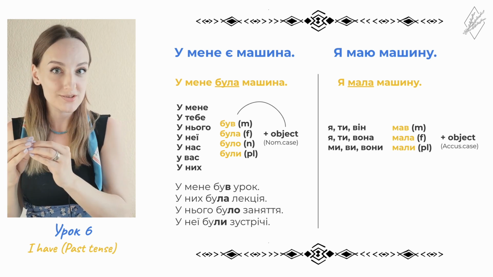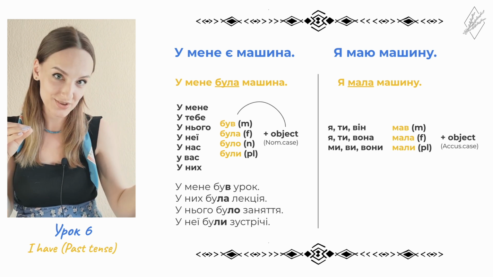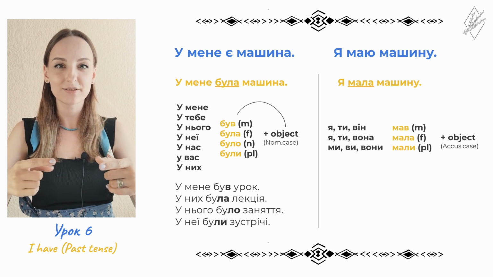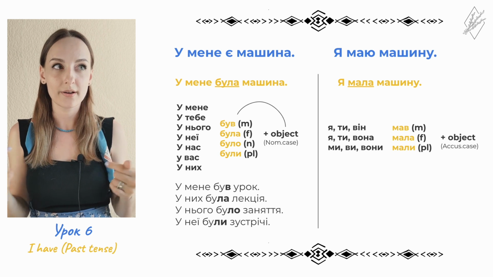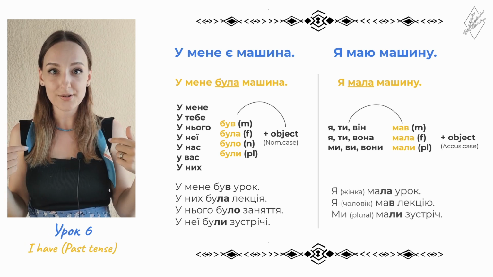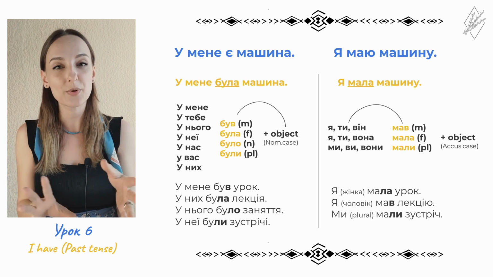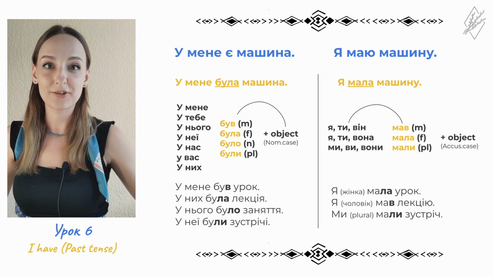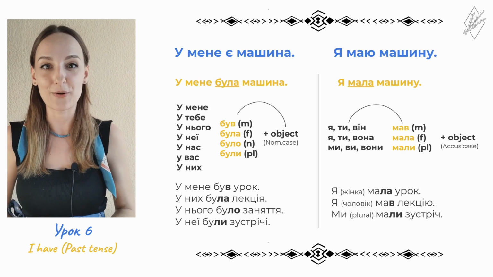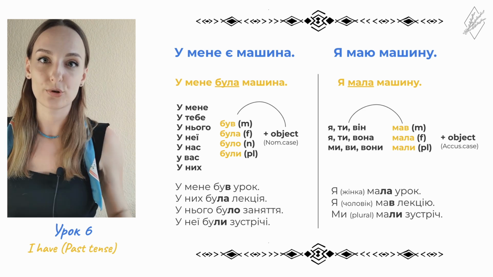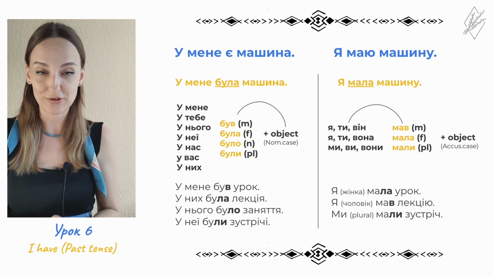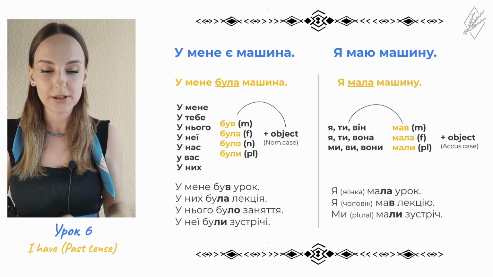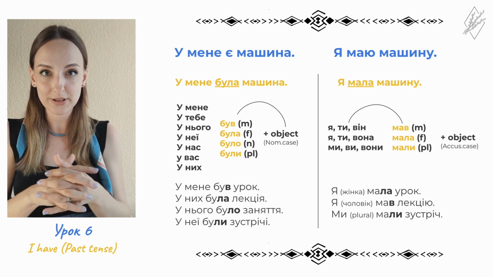So if the subject in the past tense, so the person who had something, was masculine, then we would say мав. For example, if you're a man, you would say я мав урок. Я мав урок. I, as a woman, would say я мала урок. The same about the pronoun ти. Ти can be both masculine or feminine. We know it just from the context. If I say ти to you, I know if you're a woman or man. And I could say ти мав or ти мала according to your gender. And about plural, of course, we always use мали. Ми, ви, вони, мали.